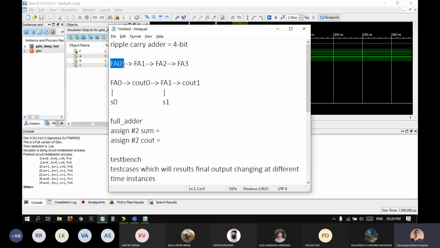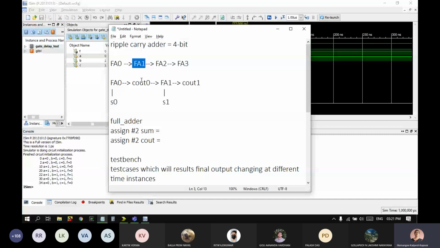And when will that happen? If this one affects this one, this one, this one. That is the worst case. The best case is your answer comes immediately. None of the full adders affect each other. The answer is ready in 2 units of time. The second is it comes after 4 units of time. So that says your answer has come after 2 units, but probably this stage or probably this stage got affected by the previous one. Okay, so FA0 might affect FA1. FA1 sum will change, but the carry doesn't change. If the carry doesn't change, FA2 will not get affected, and hence the remaining is okay. Another possibility is FA2's sum changes, but the carry doesn't change.